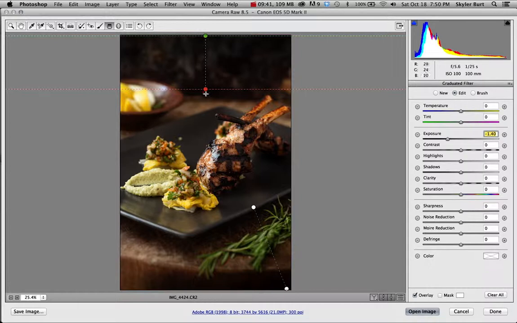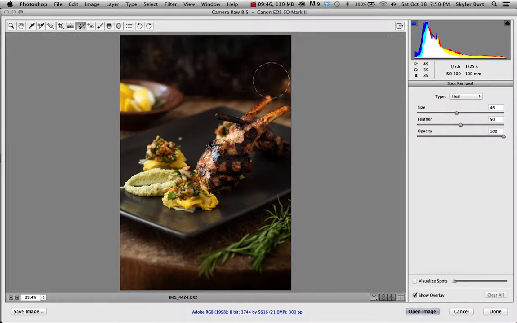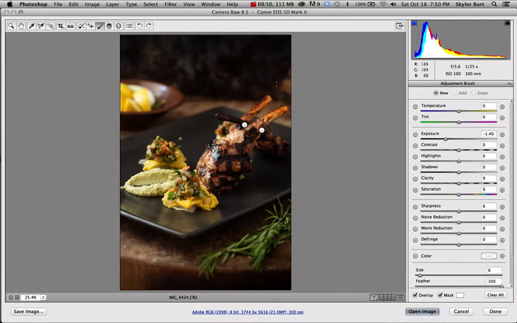Okay, so I've got my gradient filter, I've got some adjustment brushes, but now I think I'm going to add a couple more brushes, and I'm going to desaturate. I'm going to desaturate the background and desaturate this table a little bit, and add some saturation to my food. That way my food really just pops off the plate, pops away from the background. It's really separated. So I'm going to choose a 0 on the exposure. I don't want anything to get brighter or darker in this step. And I'm going to choose maybe a -30